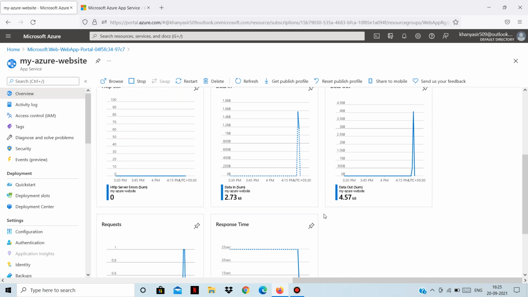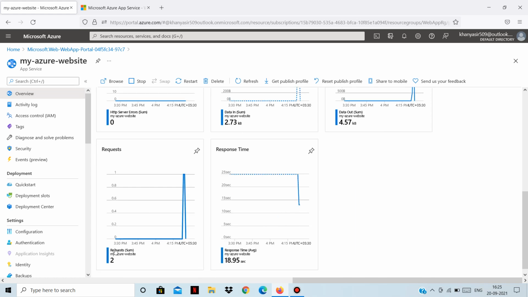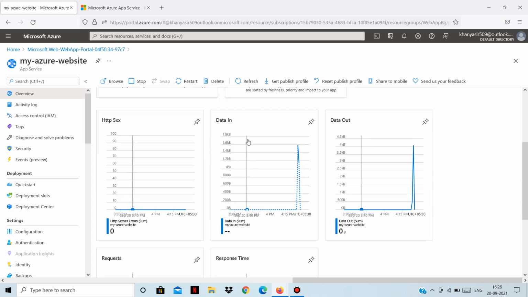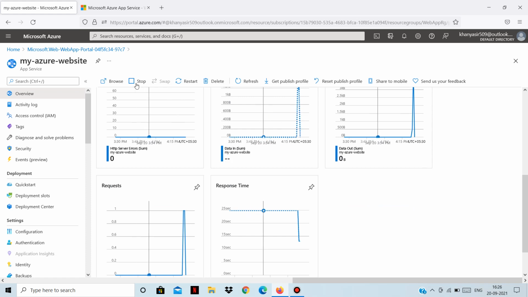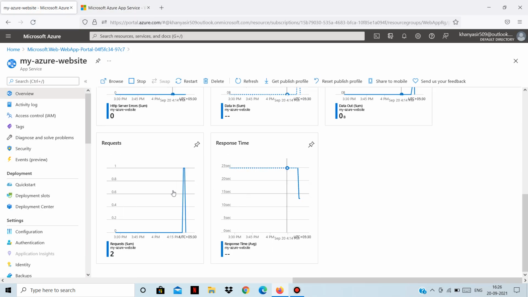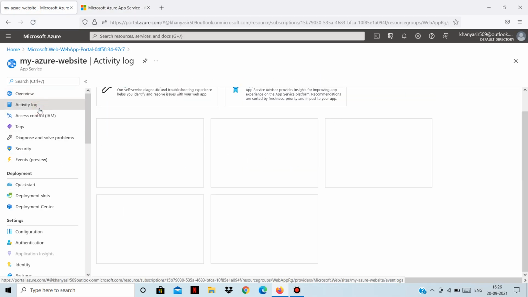And here some of the graphs are already available, since I have given two requests. The response time is 18 seconds. You can see how much data came in and how much data went out. So you can check all of the data from here. Now if I give another request, the count should be 3 now, I suppose.